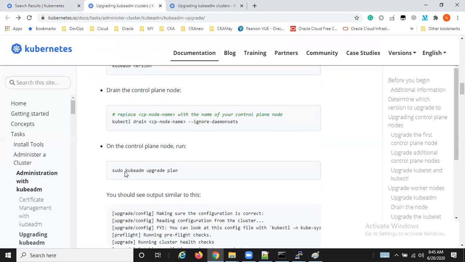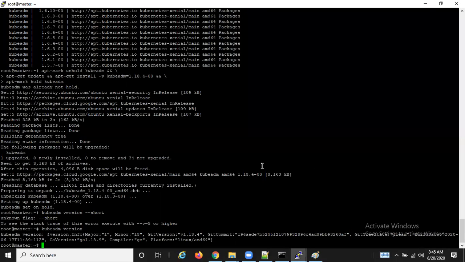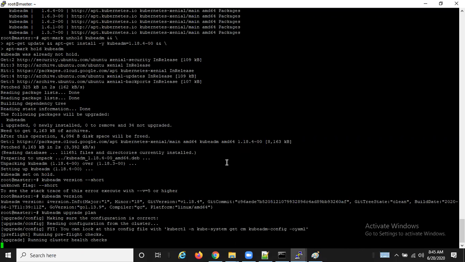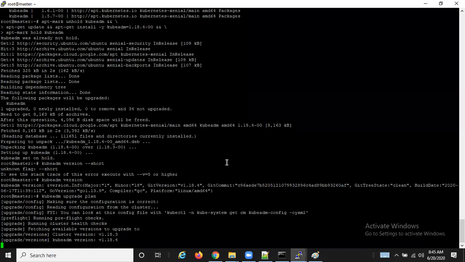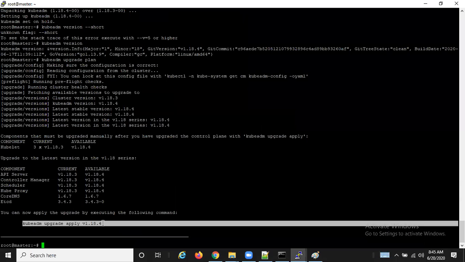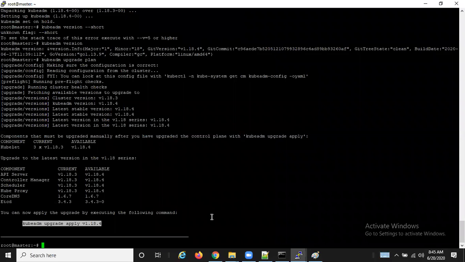Okay. kubeadm upgrade plan. So what is the first step that I have done? I have upgraded my kubeadm version. Now I am running the plan. Plan is just going to give you what is the present version and what is the version that you can upgrade to, and it is going to give one command below, right? So if I run this,